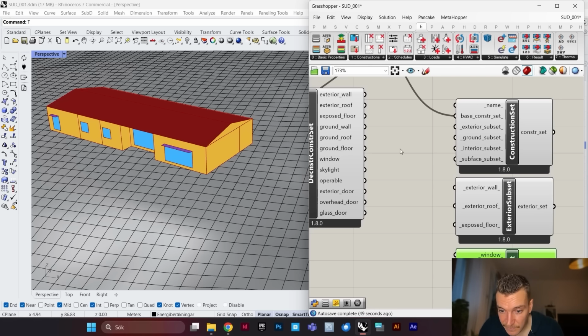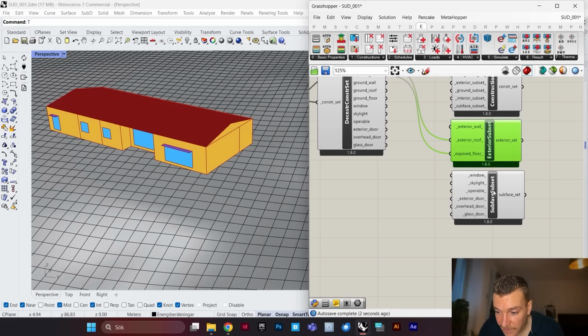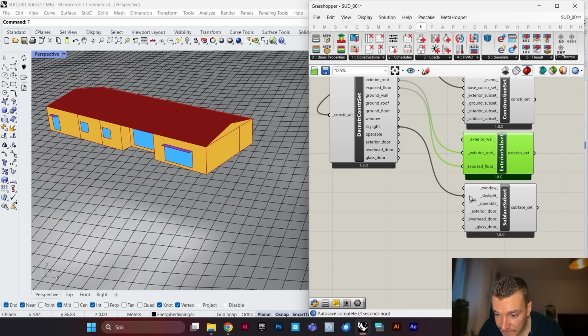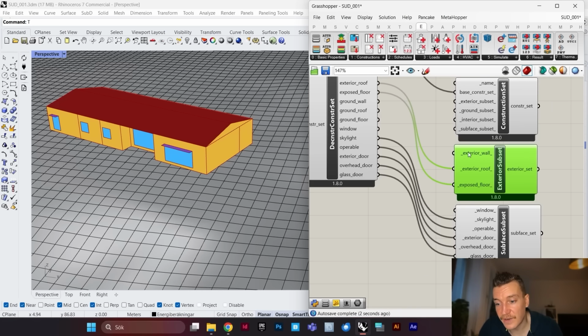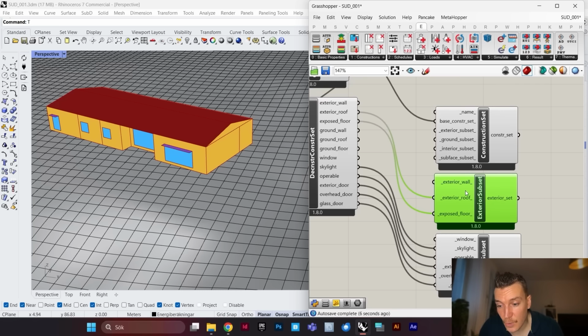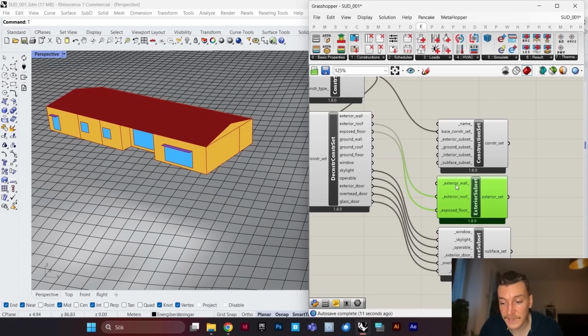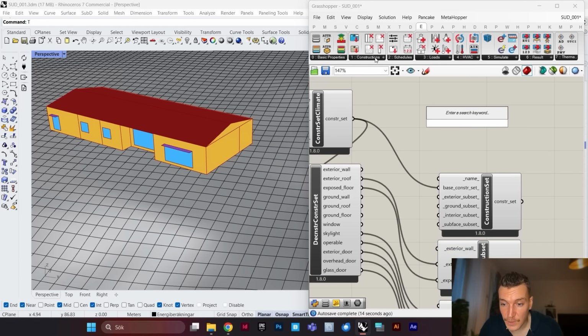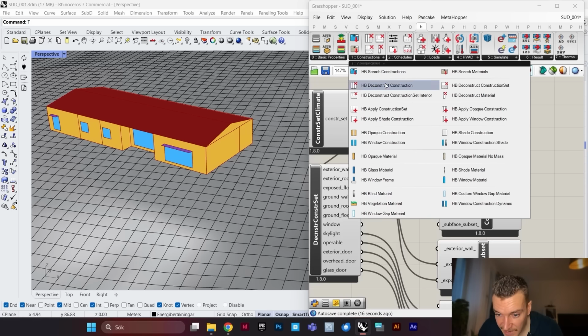So let's give this exterior subset a roof and a floor. And this subface subset, let's give it skylight, operable, exterior door, overhead door, and glass door. And now the things we want to change are the exterior wall and the window. So to do that, we need to create our own constructions, our own construction for this wall and for these windows. So we can go here to Honeybee construction,